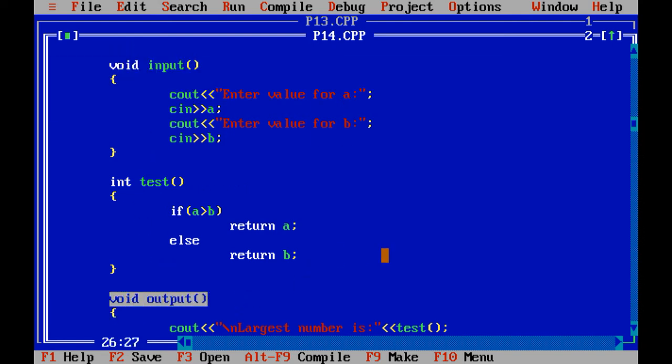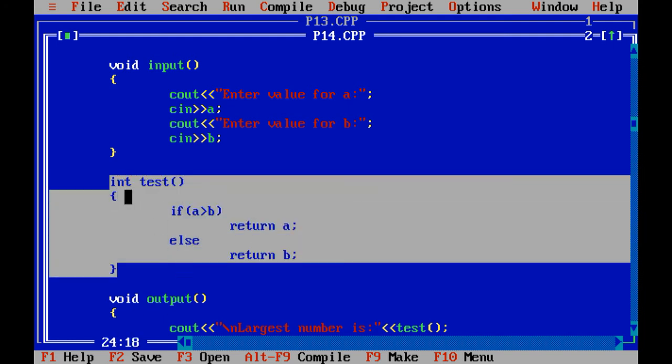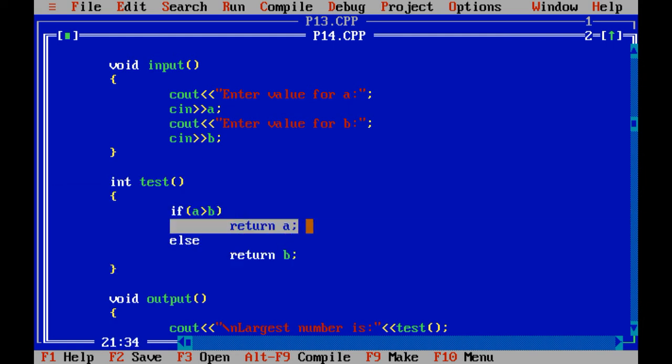These are all functions without argument, without return value. But over here we have taken a different kind of UDF, that is without argument with return value. Over here we have mentioned 2 return statements, but at a time it will execute only a single statement. So that thing you need to keep in your mind.